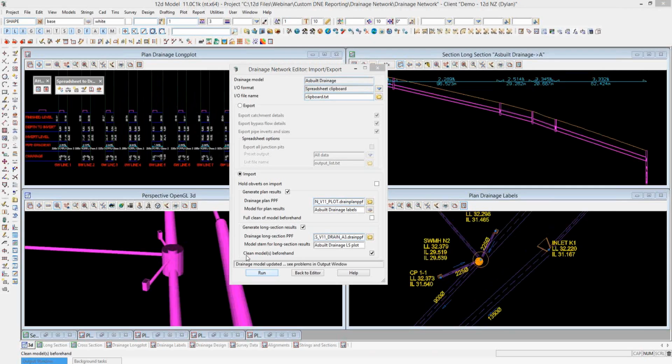Right, that's done. Immediately you'll see in the 3D view that because I changed the pit type to an item that's got a particular width and a height or a size inside my drainage.4d file, it's updated my drainage network. It's also replotted my drainage labels, and where I've changed the pit type, it's replotted them to have the appropriate symbology on there. And if I go back to set pit details, that will update all of the attributes. So if I go back to the editor,